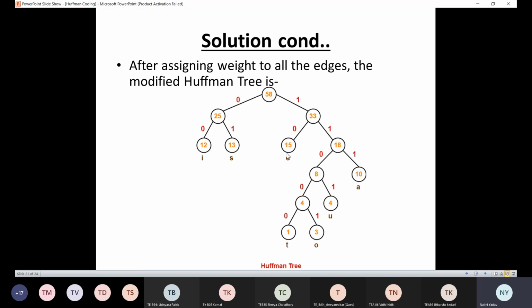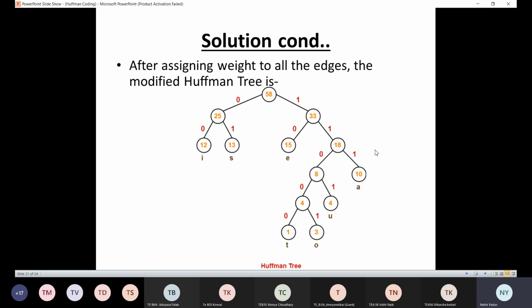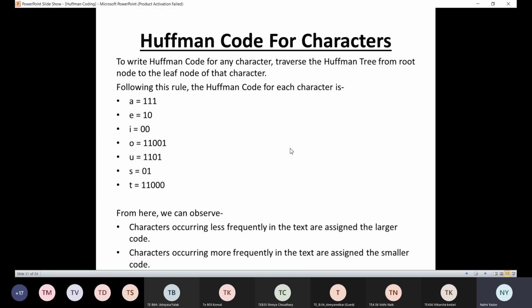Correct. How will E be encoded? Just look here. E will be encoded as 1 0. Are you getting this? For encoding of any leaf node, we will start from the root node and reach the leaf node. And whatever bit is assigned on the branches of all that path will be our encoded code, right? So to write a Huffman code for any character, traverse the Huffman tree from root node to leaf